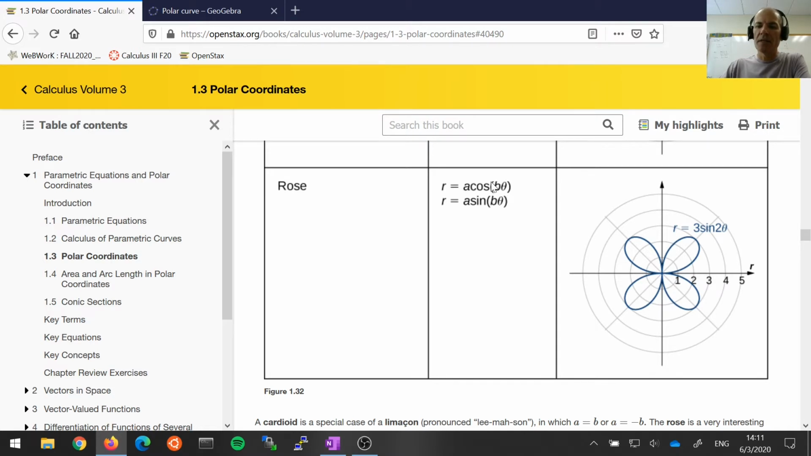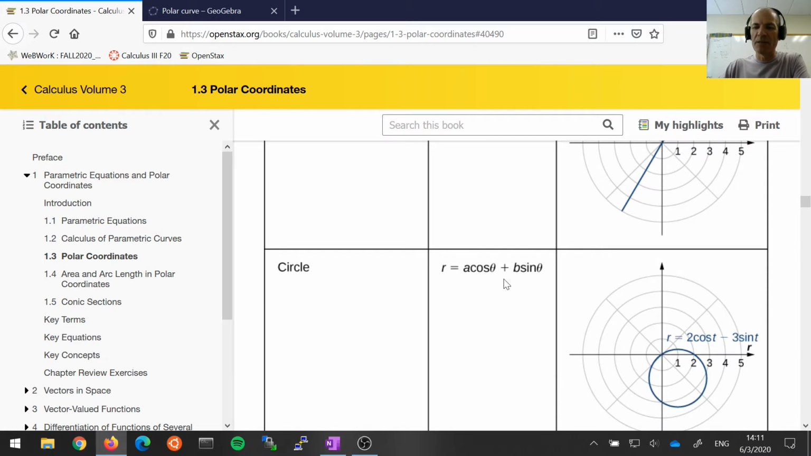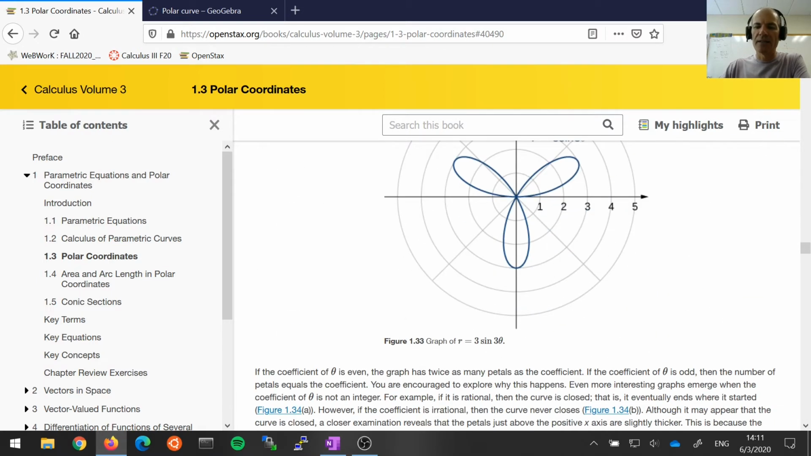The b here controls the number of petals on the rose. So if b is 4, you'll get 8 petals, and if b is 2, you'll get 4 of these. It's important, however, just to remind you back here, there's no b on here. So if there's no b, it's just cosine theta, sine theta, then you're getting circles. All right,